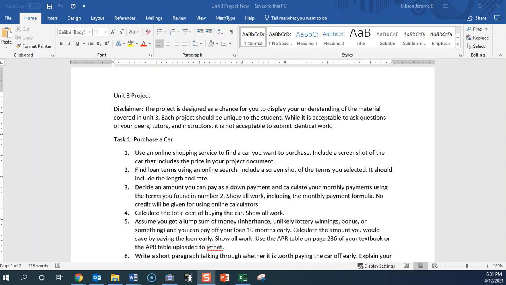It says, disclaimer, the project is designed as a chance for you to display your understanding of the material covered in Unit 3. Each project should be unique to the student. While it is acceptable to ask questions of your peers, tutors, and instructors, it is not acceptable to submit identical